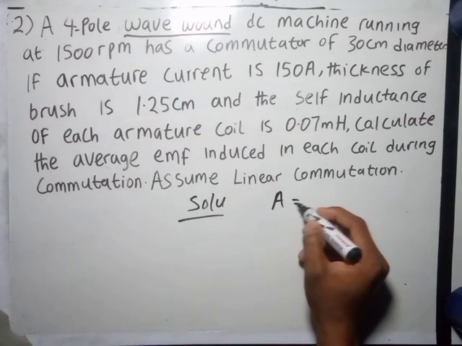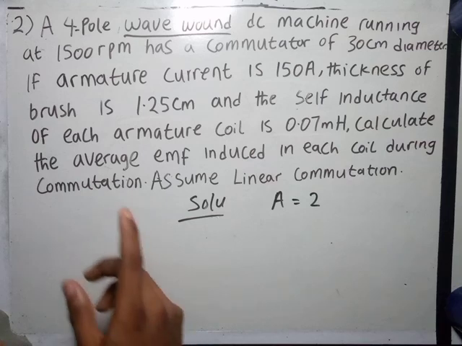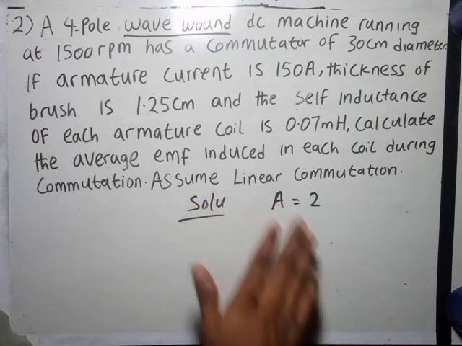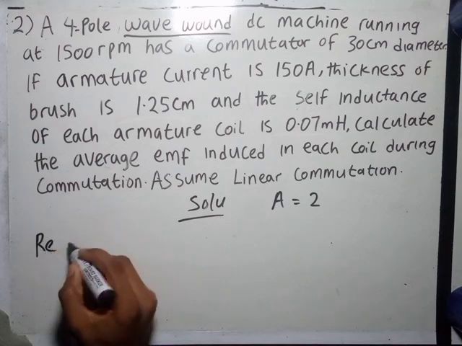So our A is what? 2. Now, what we're looking for here is our reactance voltage. It is as a result of self-inductance as current passes through your armature. Now this delays your time of commutation. So for us to find this reactance voltage,